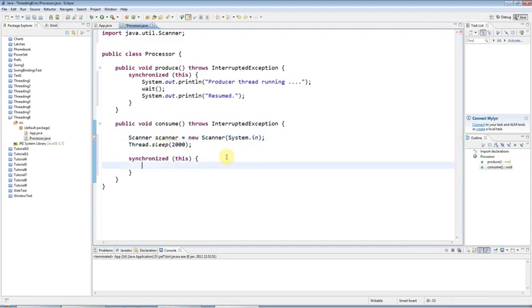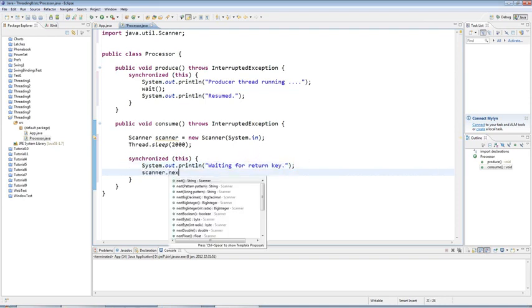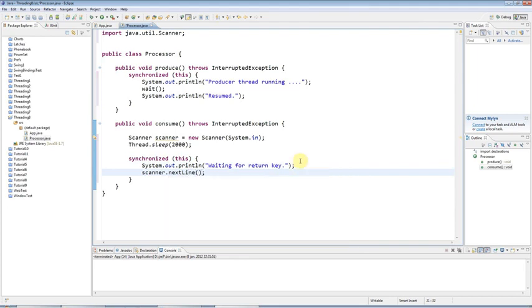And I will say here, first I'll do a sysout. I'll say "waiting for return key", and I'll call scanner.nextLine, which will wait until I press the return key. So